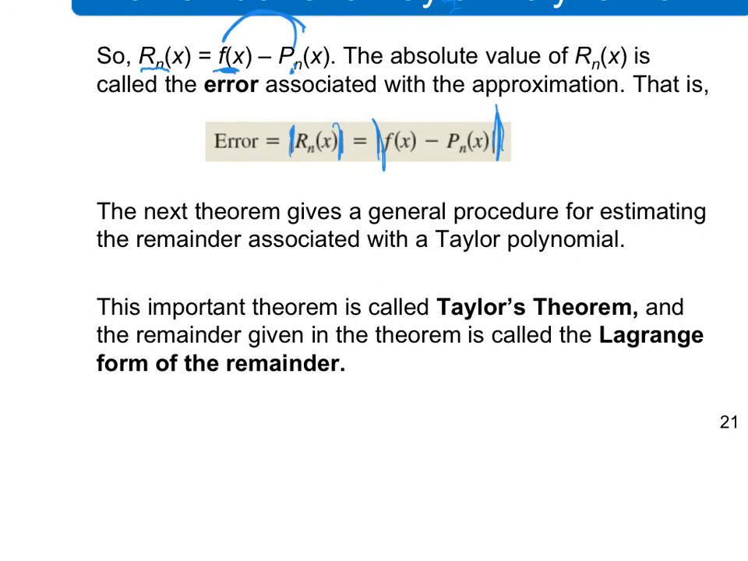This is very fancy on the AP exam. It's called the Lagrange form of the remainder. It's actually pretty simple. I mean, the formula is really simple. The concept is very simple. Makes a lot of sense. Remember,